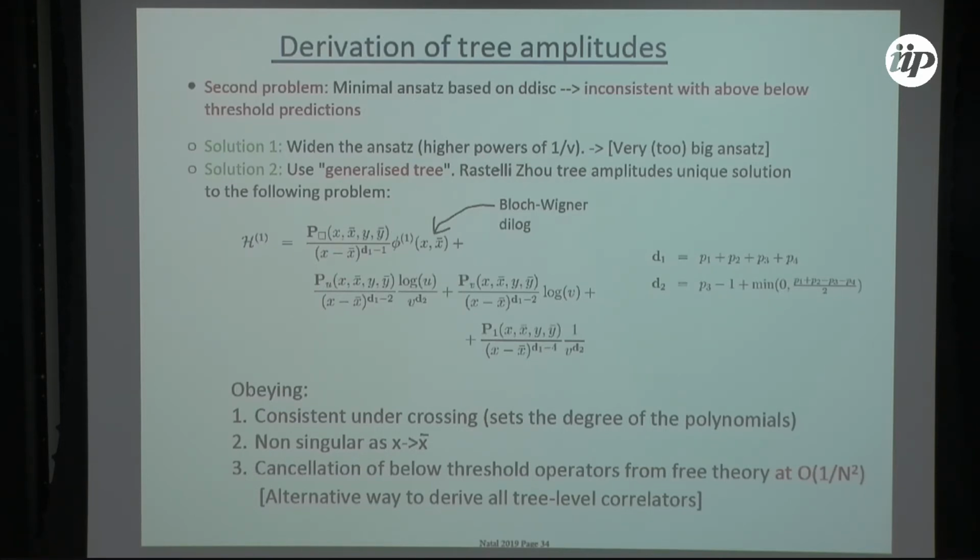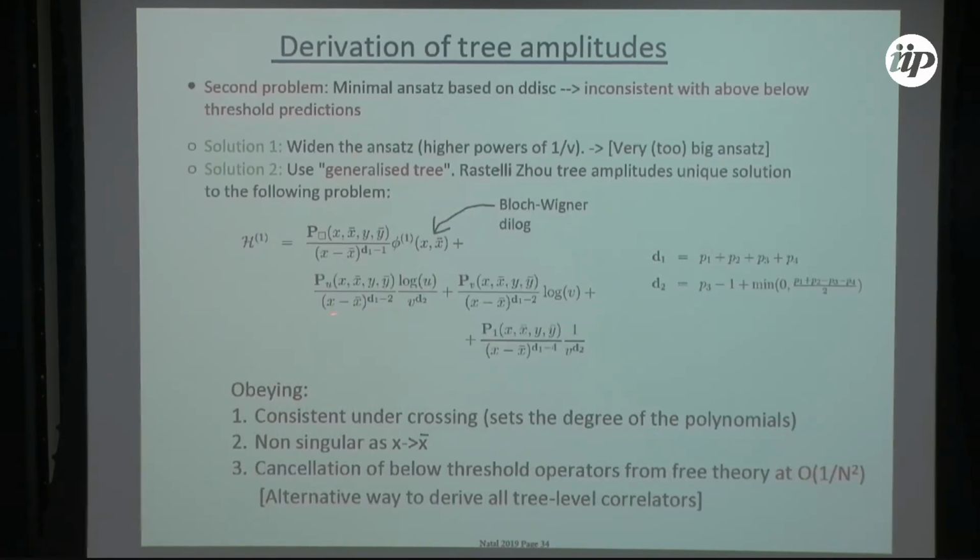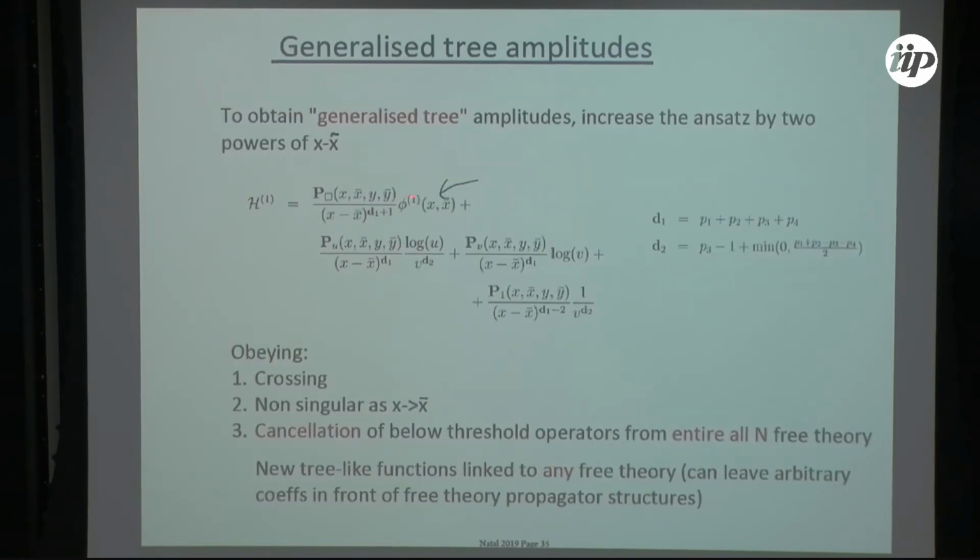Let me go on, because the main point is not that this is supposed to be some new profound derivation of the thing. The main point is that now if I increase the ansatz by 1 over (x minus x bar) squared, you see the only difference here is that I have a d1 minus 1, here I have a d1 plus 1, and so on and so forth. And I do the same as before, but now I can actually solve this problem